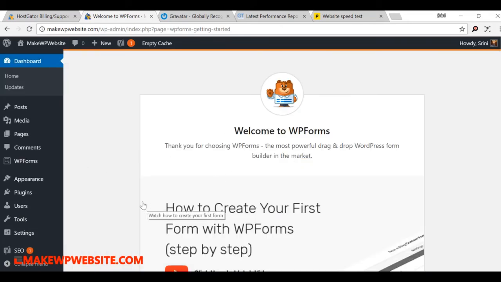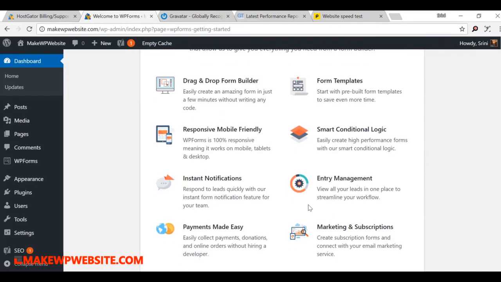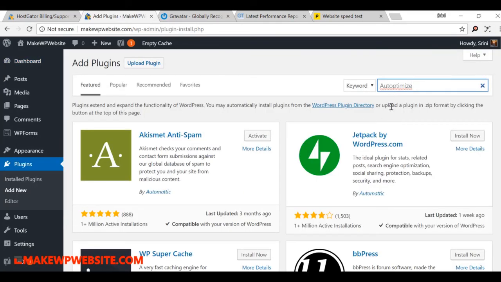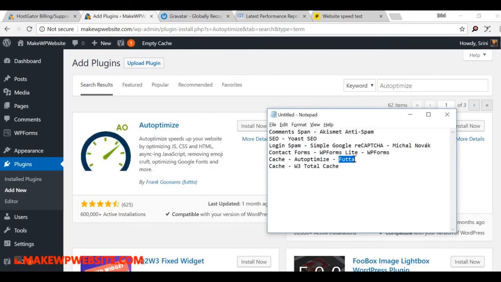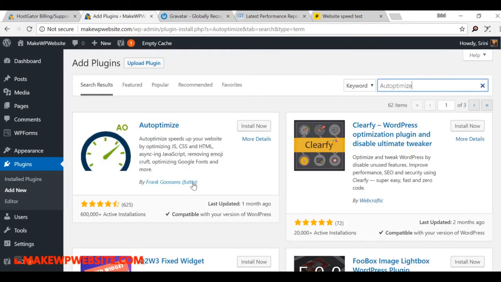Okay, go back, so it will go to the form. Don't do anything now, just go to your plugin, add new, Auto Optimize. Then this author name is Futta. Just install this.